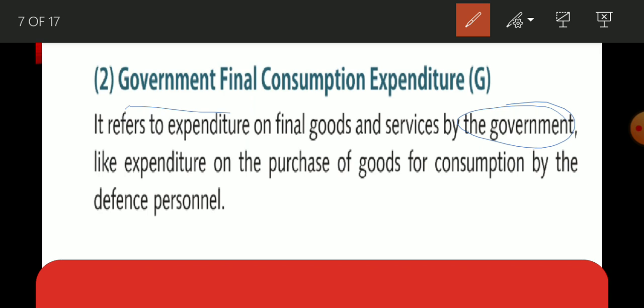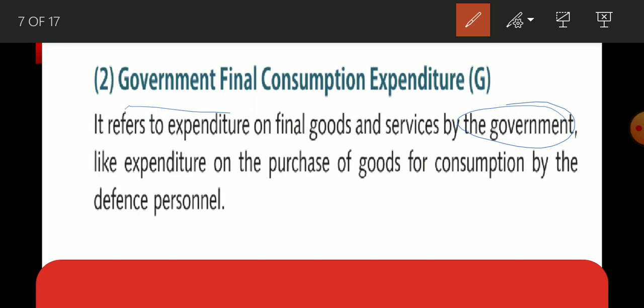While rendering these services, the government acts as a producer as well as a consumer. On the one hand, it produces these services, and on the other hand, it purchases its own product to provide them to the public to satisfy their collective needs. That is why the expenditure on these services is counted as a final expenditure of the government. The expenditure the government bears is equal to the value of goods and services produced by the government. Now the question is how to calculate the value of these services. Since the government does not sell them in the market, their market value cannot be calculated, thus their value is calculated at their cost.